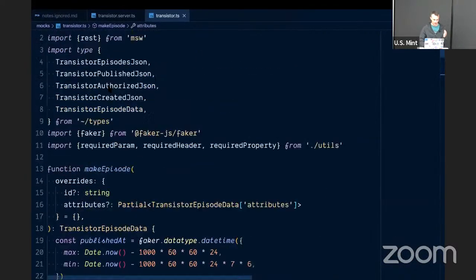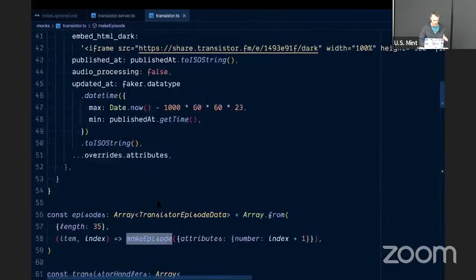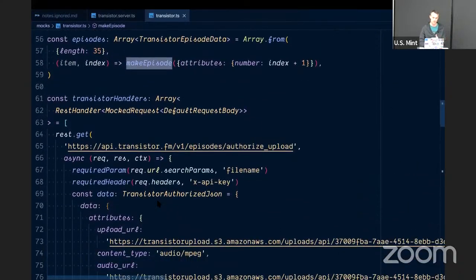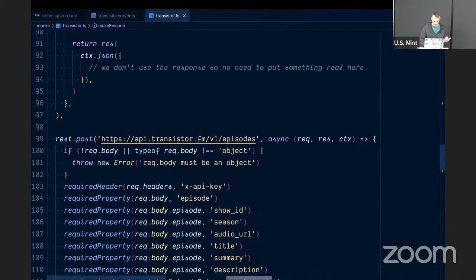The way this works is we can make all of these episodes, but we have to intercept the network request that's made when I'm trying to fetch those episodes. With MSW, I can create a bunch of these handlers. You can think of it a little bit as their own take on Express routes. I'd love for them to make it more standards based, but this request and response is their own special kind of object. We'd love to see an adapter to turn that into a regular request and response.